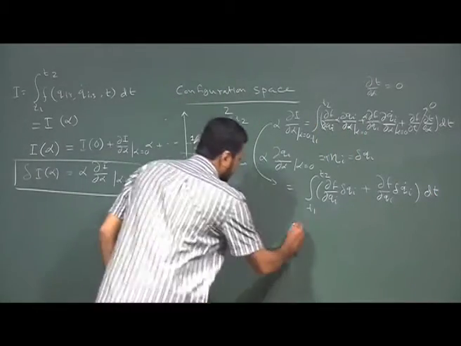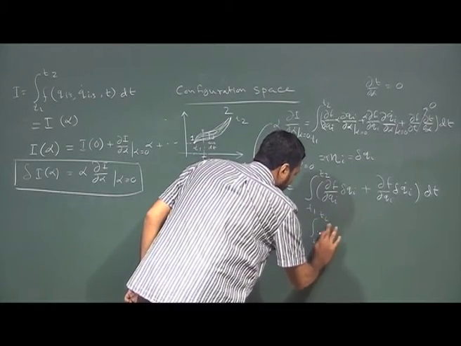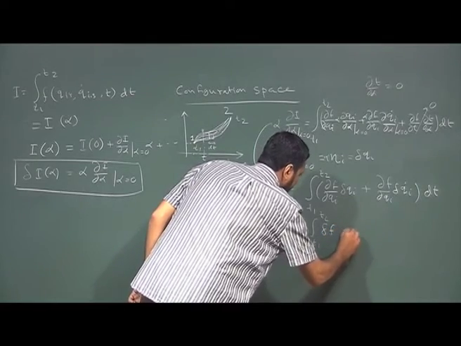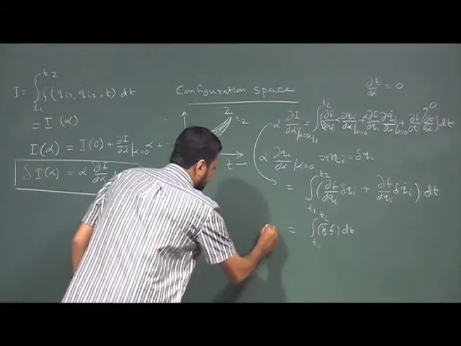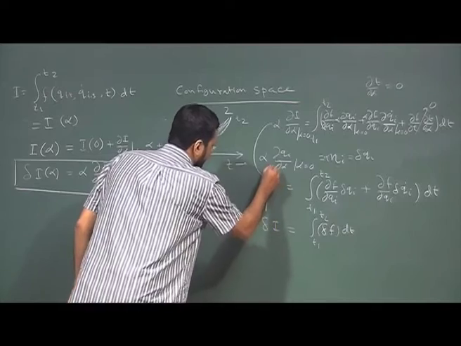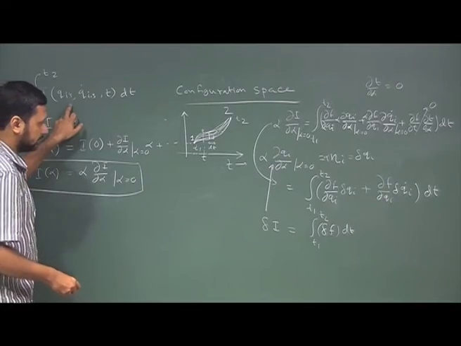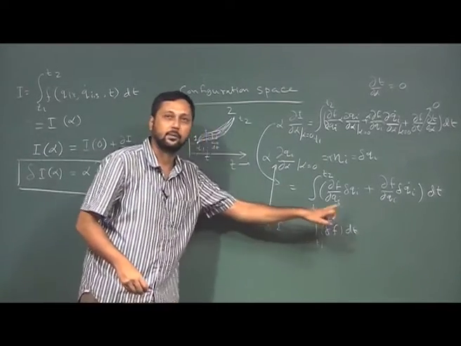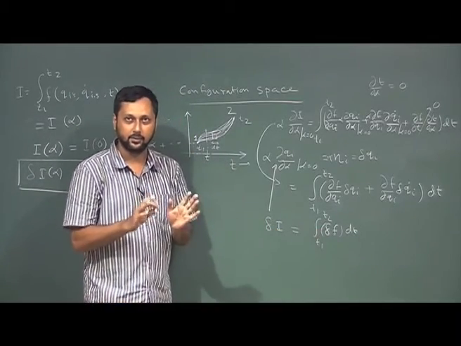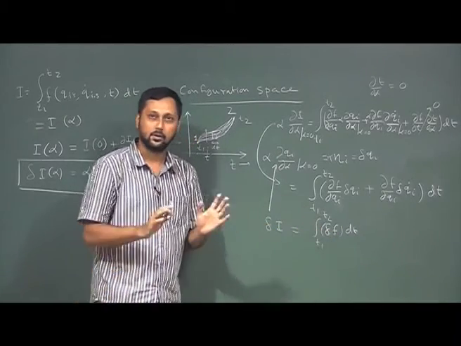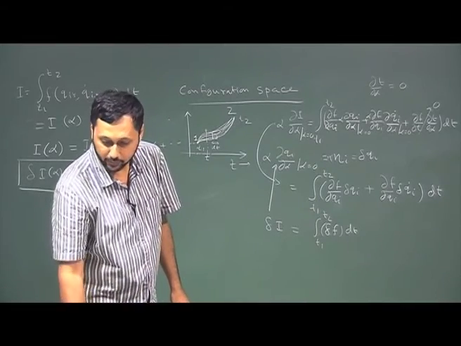And this in short can be simply written as the integral from t1 to t2 of delta f dt, right. And this is nothing but the variation of I. So, what we have seen is if I is this integral, then the variation of I is the integral of the variation of this integrand, and this is kind of intuitive because the integrand is the main part of the integration. But then we can take it two steps ahead from here.